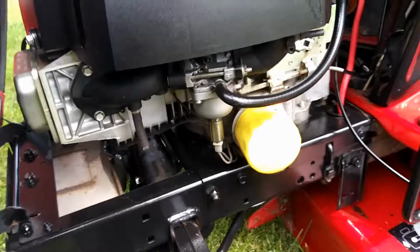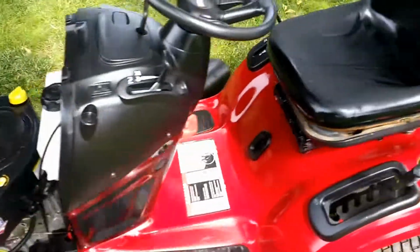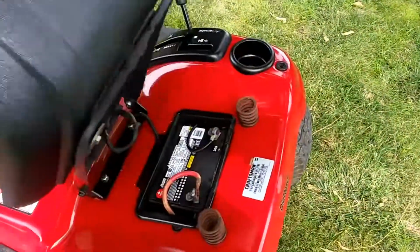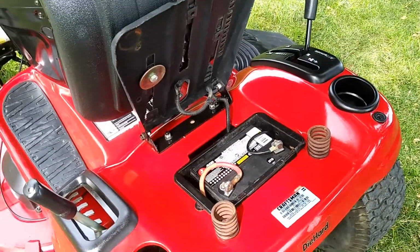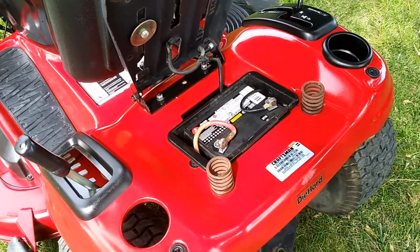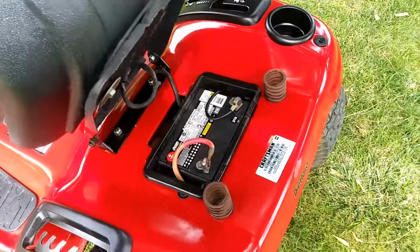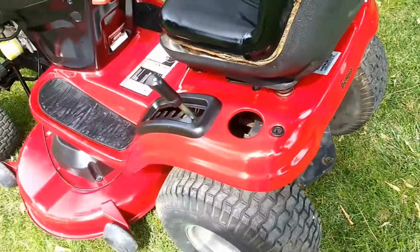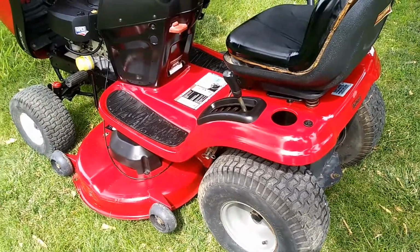Nothing's going to get in there, so that's pretty much it. And then I got the tank right there. Looks all nice. It's holding gas good. Got the battery in it. Can't even tell. The box is all nicely snugged in there. So that's pretty much all you guys got to do if you're having that issue, or unless you're going to just replace the tank, then you just follow the procedures of taking it apart. This is the